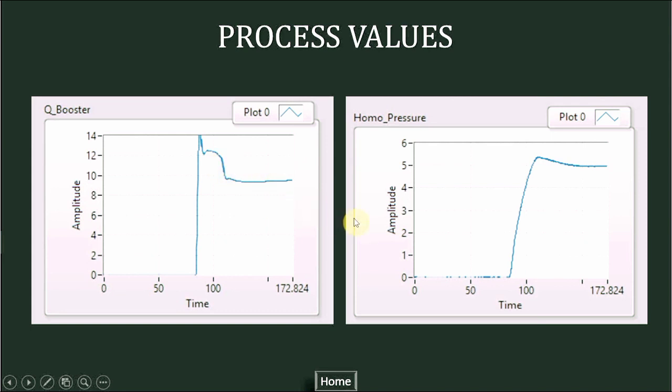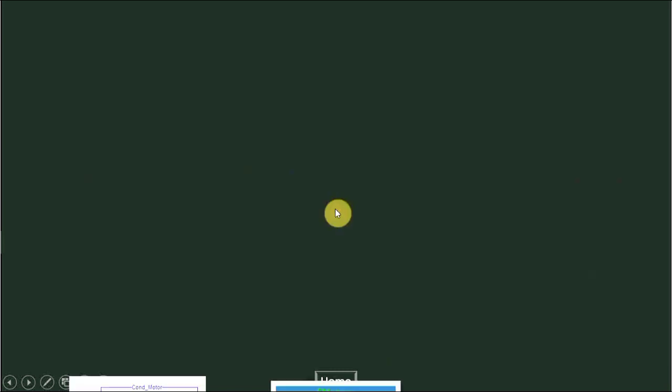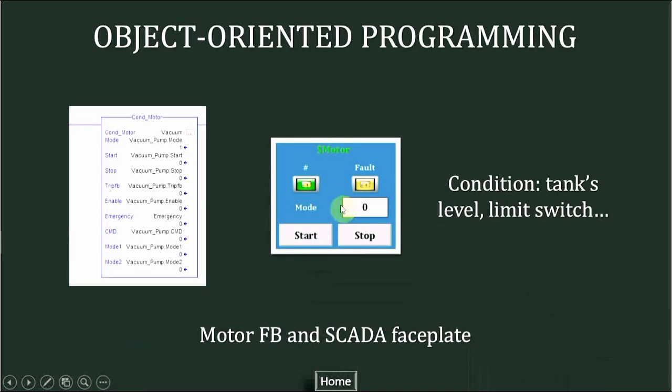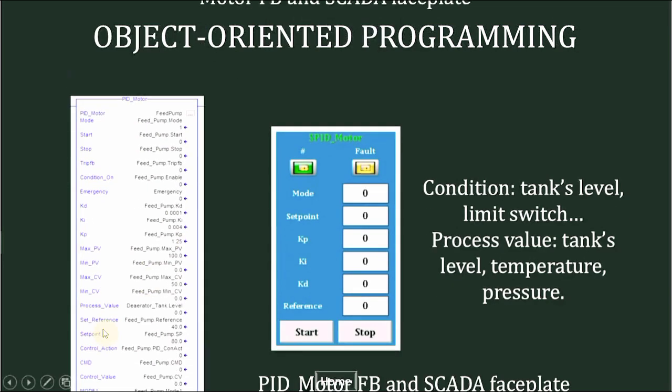And the next part I want to talk about is the object-oriented programming method. Why do I use this method? Based on the working principle and the technologies used in the process, there are many devices that work the same way. So object-oriented programming is logical in this case, and it can shorten the programming time. The first object is